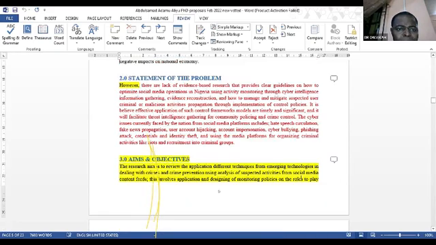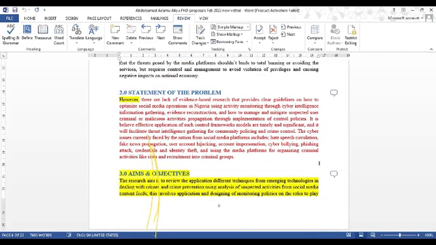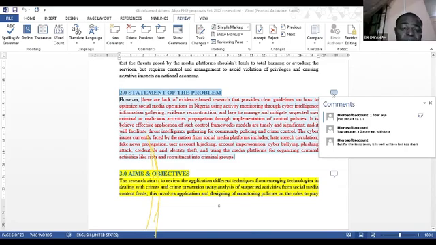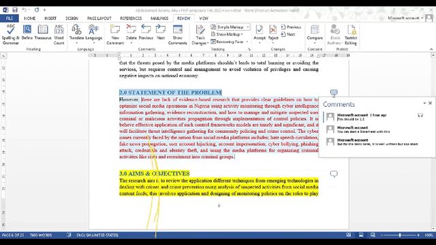If you look at this one I marked in red, you cannot start a statement with however or but. In English, it is very bad. And let me also say that 2.0 is statement of problem. 2 point is chapter 2. So this your statement of problem is supposed to be 1.2. And be that as it may, you don't begin with however.